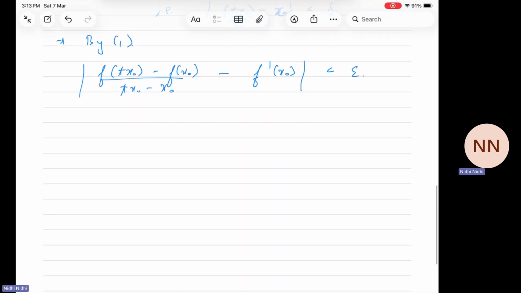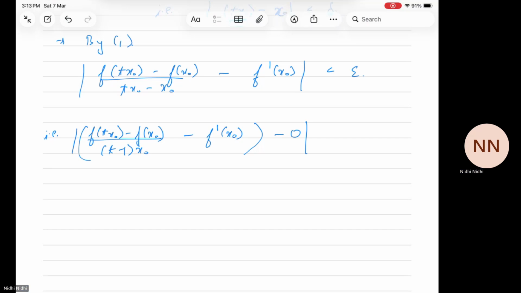That means mod of (f(t x naught) minus f(x naught)) upon (t minus 1) x naught minus f dash x naught minus 0 is less than epsilon